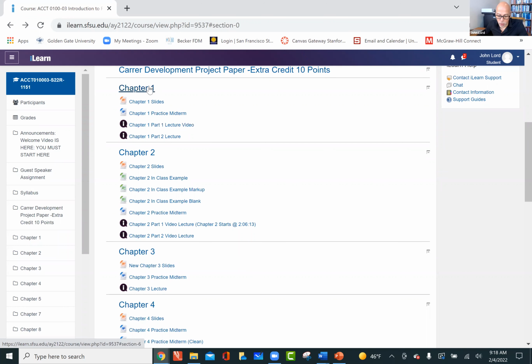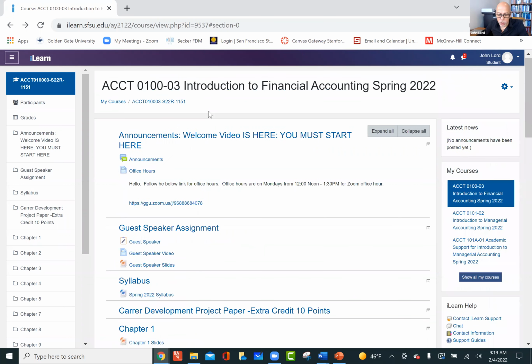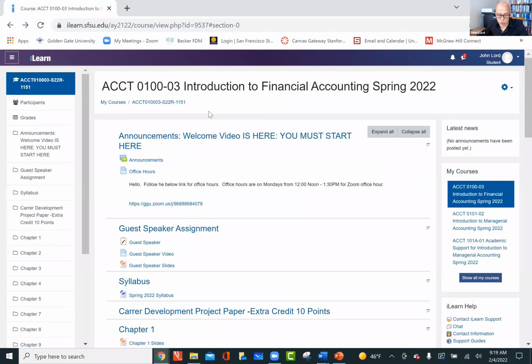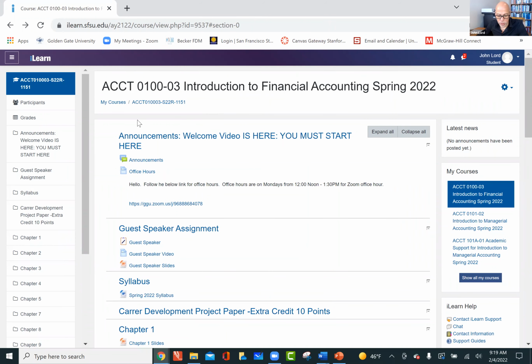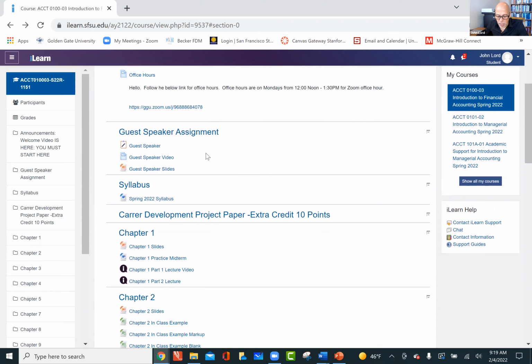The slides go along with the lectures. And then there's always a practice midterm, okay? And I go through several of the questions from the practice midterms during the lectures as well. If you follow the lectures, if you watch the lectures, you practice with these midterms, by the time you get to our exams, our midterms, you will be in very good shape, okay? You will not have any problem answering the questions that will be on your exams.